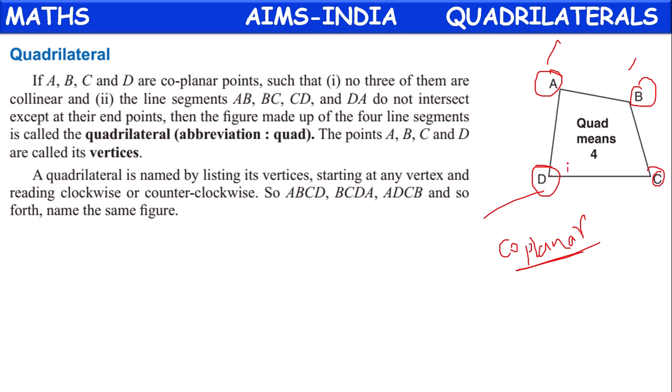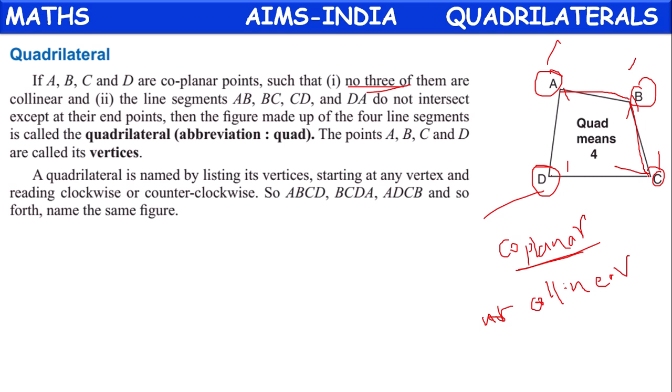In the same way, D, C, B not collinear, C, B, A not collinear. So any 3 points of them are not collinear, and the segments AB, BC,